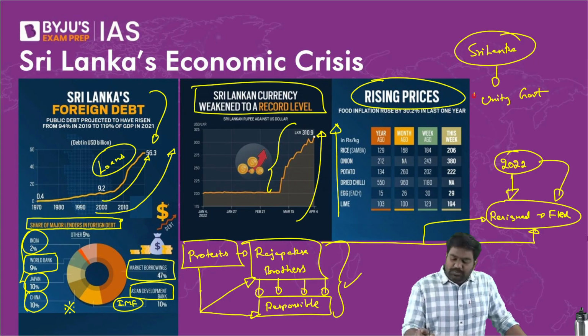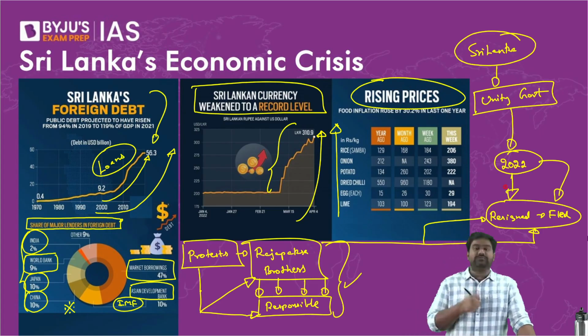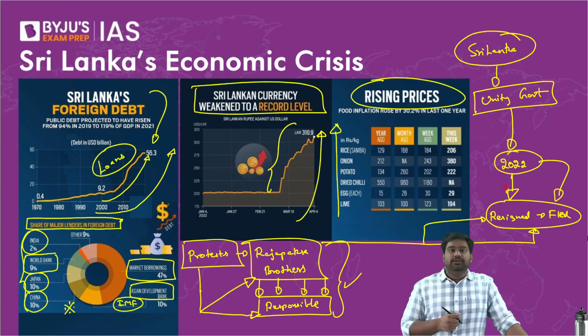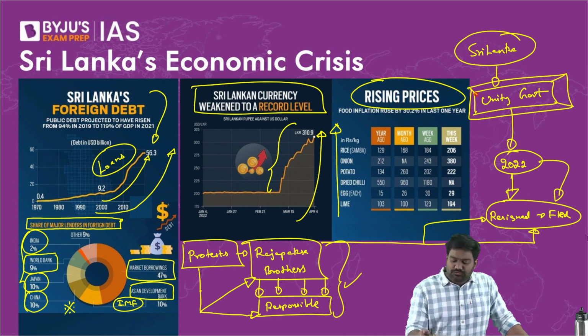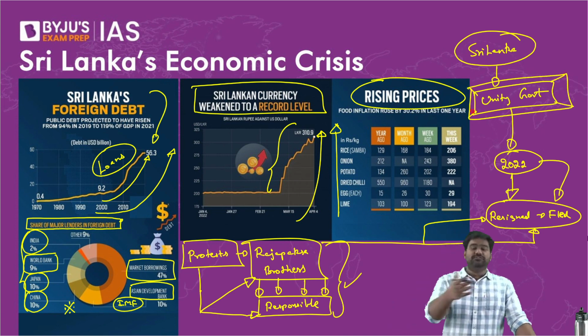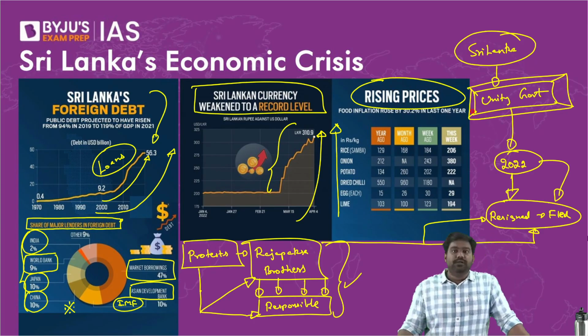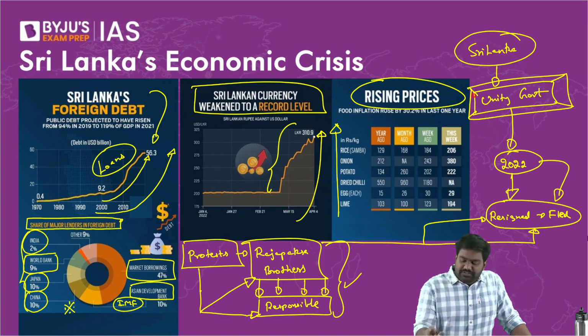The elected Rajapaksa government collapsed. They had to step down by taking responsibility for the crisis. The protests and the violence that broke out finally led the Rajapaksa brothers to run away from the country. And as the Sri Lankan government fell, a new unity government was formed by bringing politicians from all the parties together. So this government, which is now headed by Ranil Wickremesinghe, has the task of rebuilding the Sri Lankan economy.